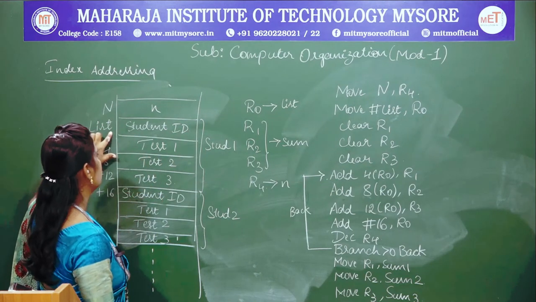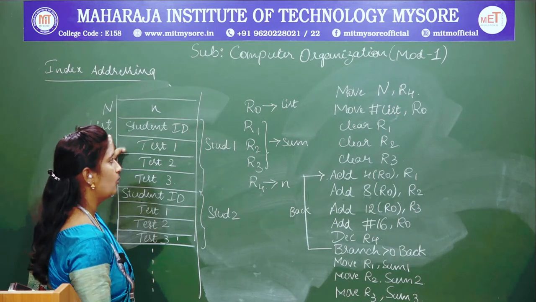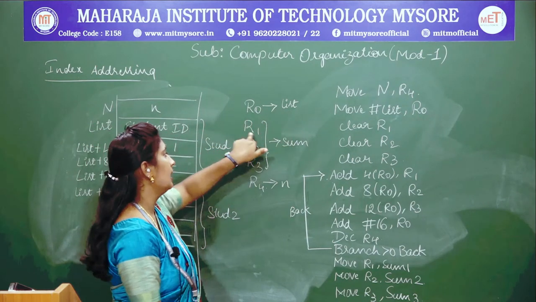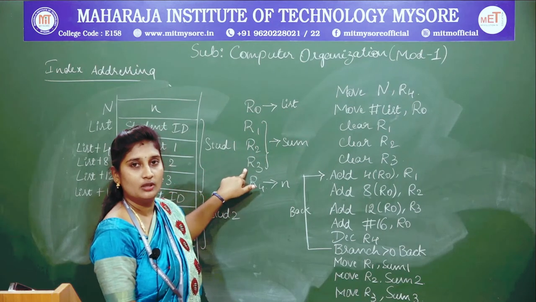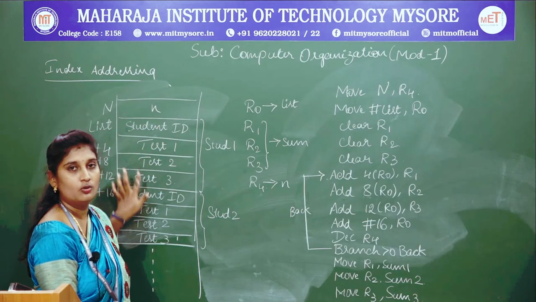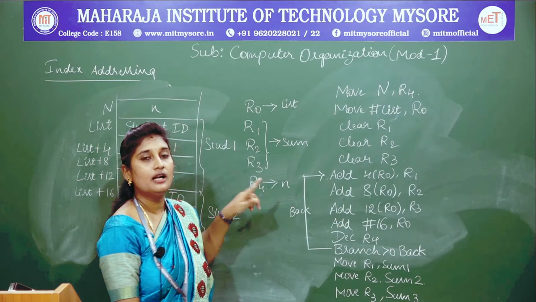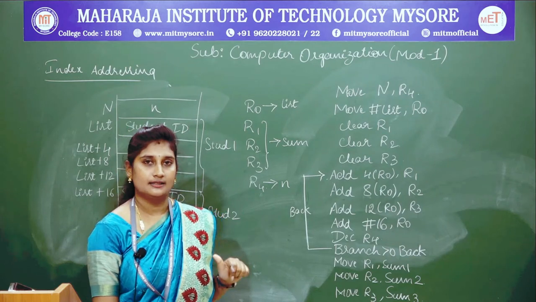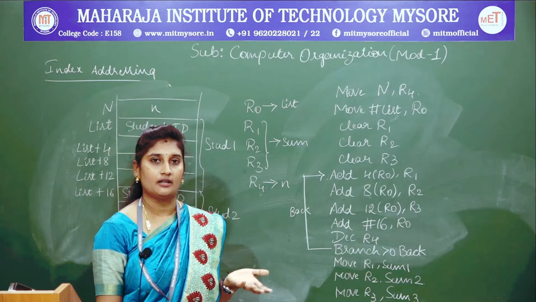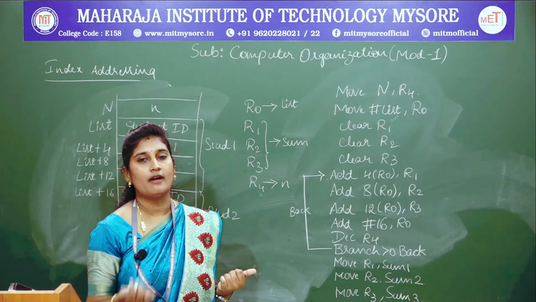Fine. The memory address of the first student will be placed in the list value. So the R0 register will always be holding the list of students. Next, the R1, R2, R3 registers will be used to hold the values scored in test 1, test 2, test 3 respectively. Next, the R4 register will be used to hold the number of students taking the test. That is, if 10 students are taking the test, R4 will be holding the value of 10. If there are 20 students, 20. If there are 100 students, then R4 will be holding the value of 100.